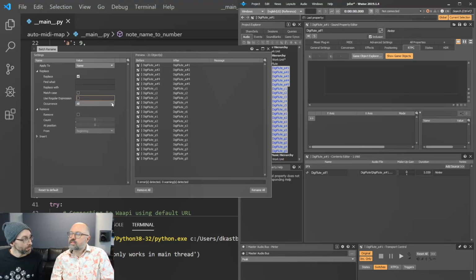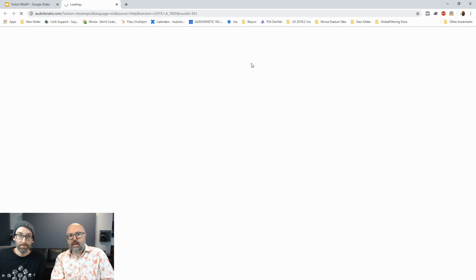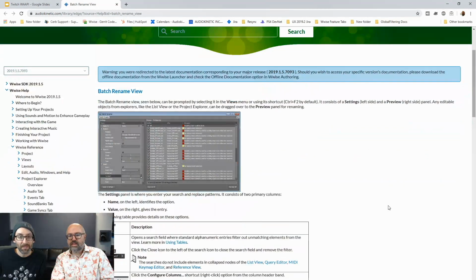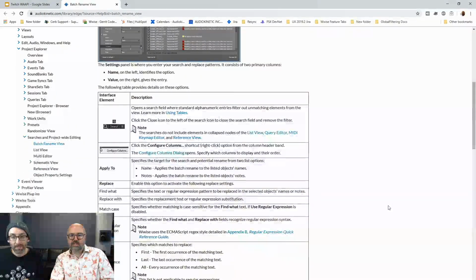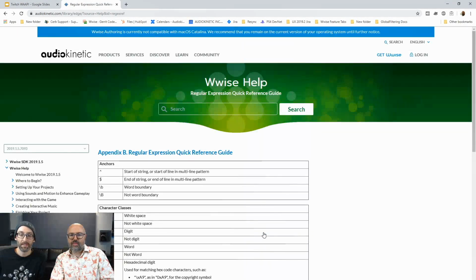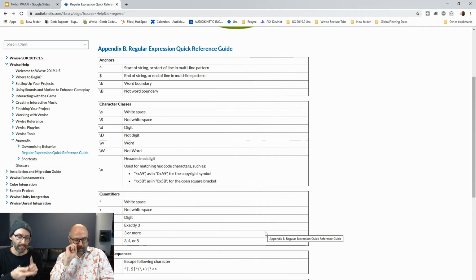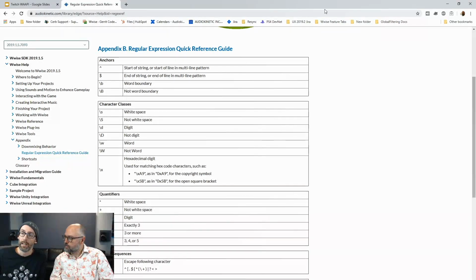Yeah, you get more control. And I don't speak this language. However, if you hit that question mark button, it takes you to the help where we can see the regular expressions help for it. There's a reference guide that will go over the different syntax uses. And you can find a bunch of other websites on the internet for testing your regex, like regex 101, and there are other very good ones.